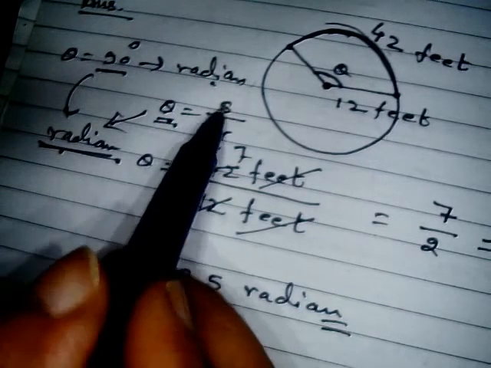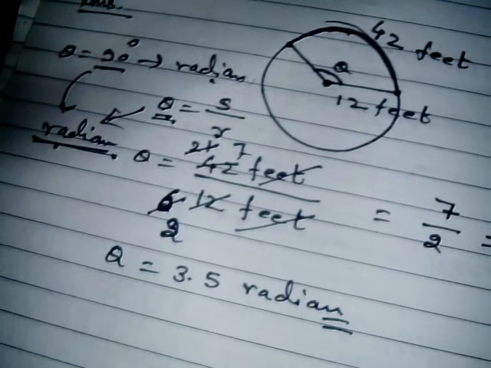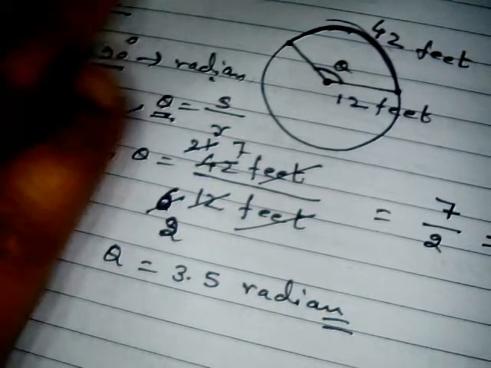It depends on the question, which we will see later on when we do more questions from the exercise. This is your checkpoint 1 question which I have done. In this, theta is coming up 3.5.